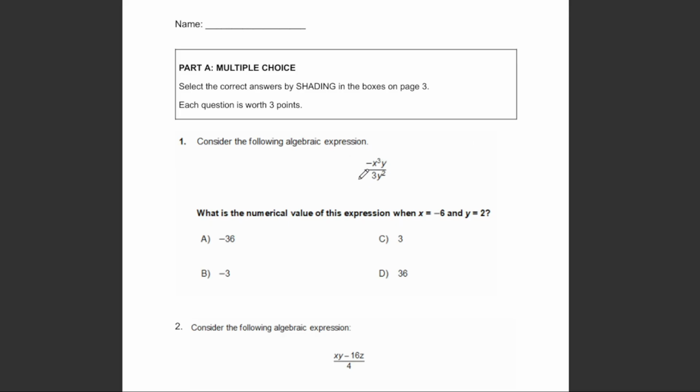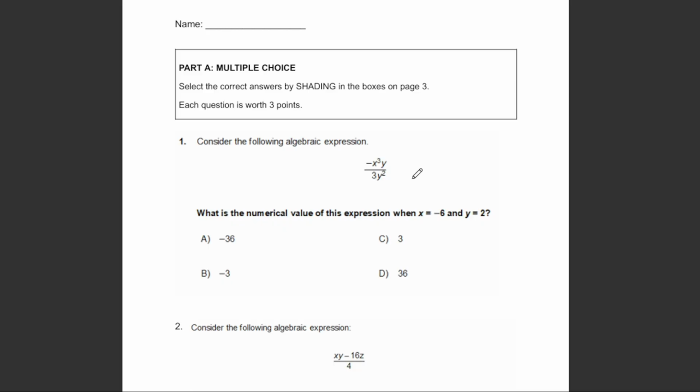That just means we've got a thingamajig here with some letters. You have this x here, you have a y, and we don't know what it is yet. But there's exponents, there's a division, it's a fraction, there's multiplication, there's a negative sign. Basically, they've given us the numerical values of x and y. So we know what x is equal to and what y is equal to, and we want to know the numerical value of the expression, which means I want to know what this expression actually comes out to as a number. To figure that out, we're just going to rewrite this exact thing,